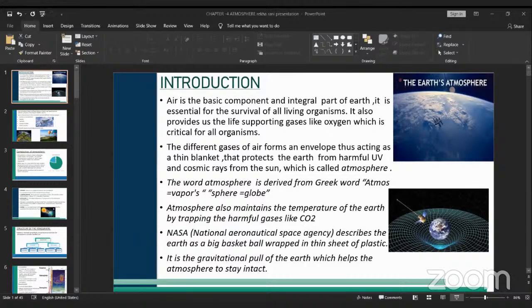Here, due to these high temperatures, the convectional currents rise. The convectional currents are nothing but warm air, thereby producing a low pressure area in the equatorial region and in the tropics. Because of this high temperature, there is no horizontal movement of air, only convectional currents are formed, and this is nothing but the doldrums.